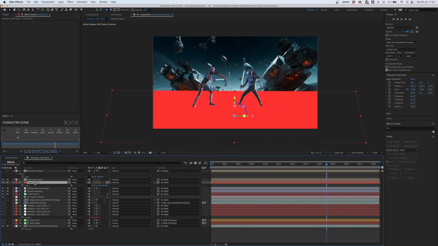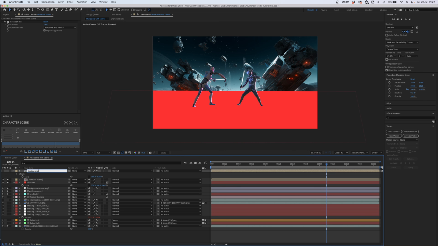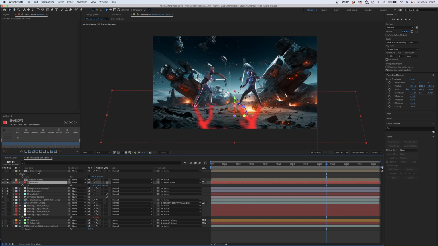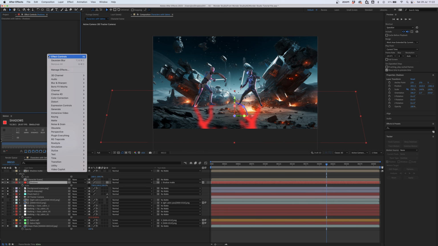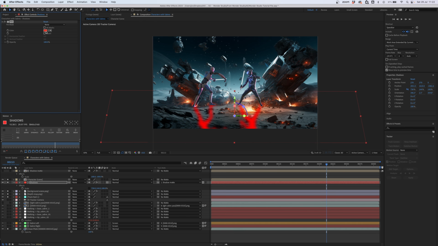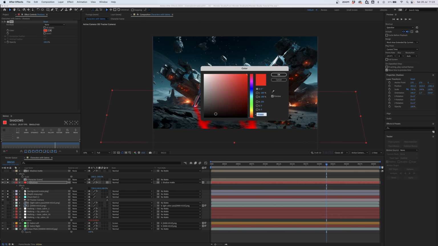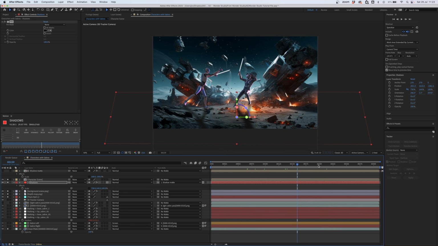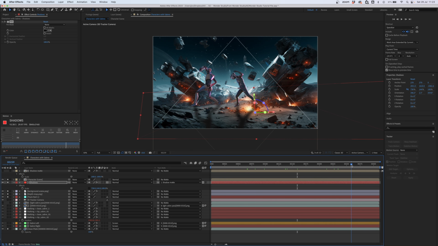Then clicking back on the tracked solid, which we can call shadows, we can call that top one shadow matte. And then we're going to click on our shadows and use that shadow matte as our layer. And we have these funky looking red shadows. So we can right click, generate fill. You could also just change the color of the solid, but this works as well. Choose color, and we're going to choose a dark gray. We then have shadows moving along with our characters. And there's times where, depending on your scene, it won't work.